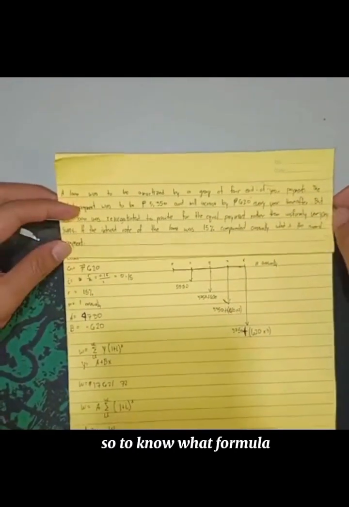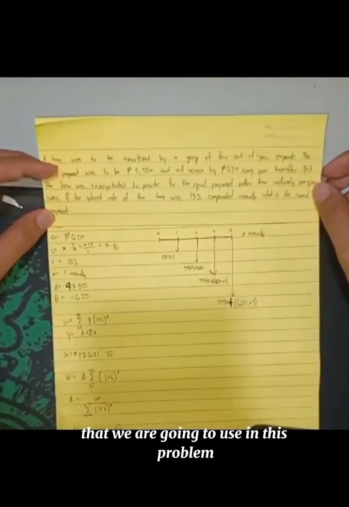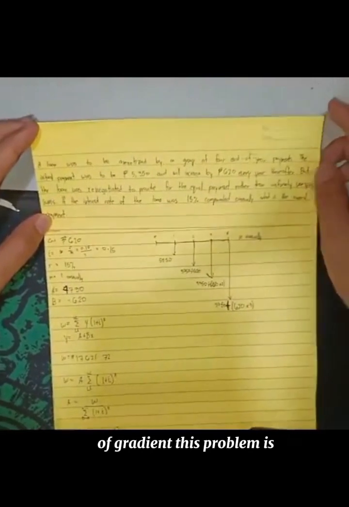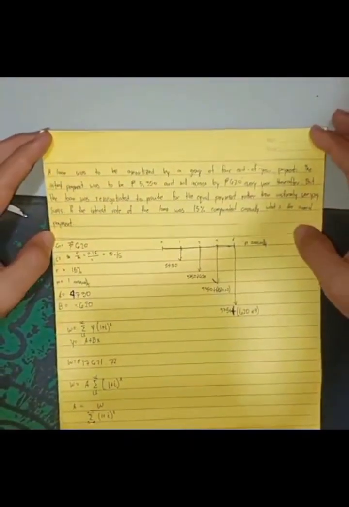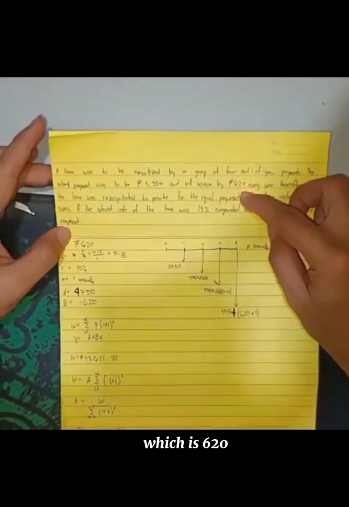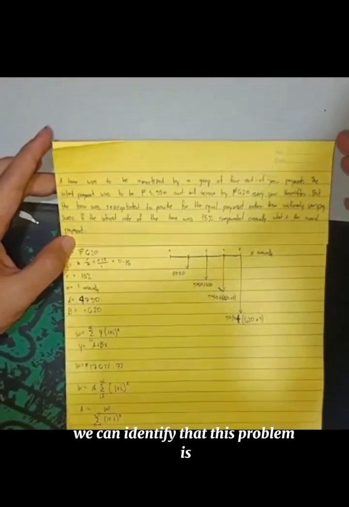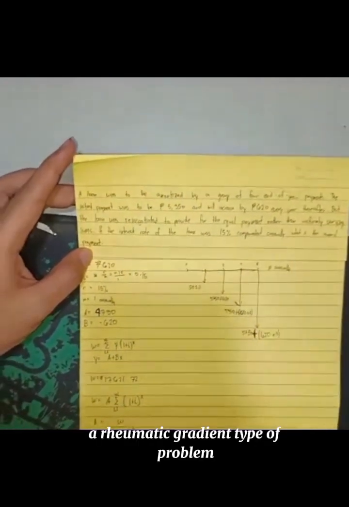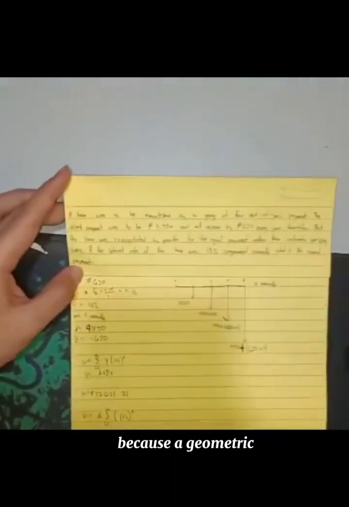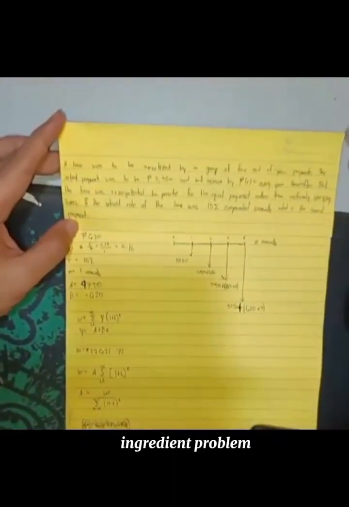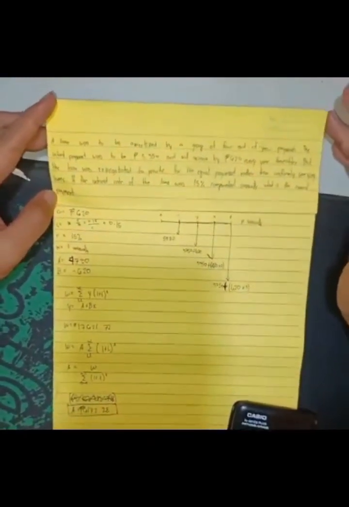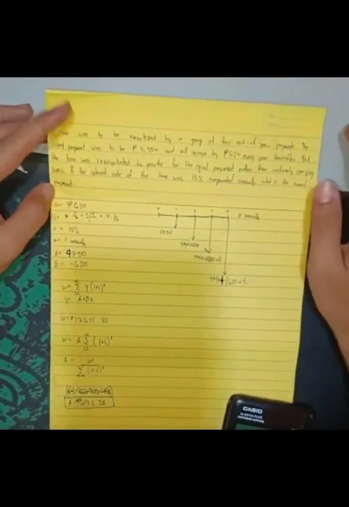To know what formula we are going to use in this problem, we need to identify what type of gradient this problem is. By looking at the problem, our gradient is a constant, which is 620, so we can identify that this is an arithmetic gradient type of problem, because in a geometric gradient problem, our gradient is equivalent to a percentage. So solving,